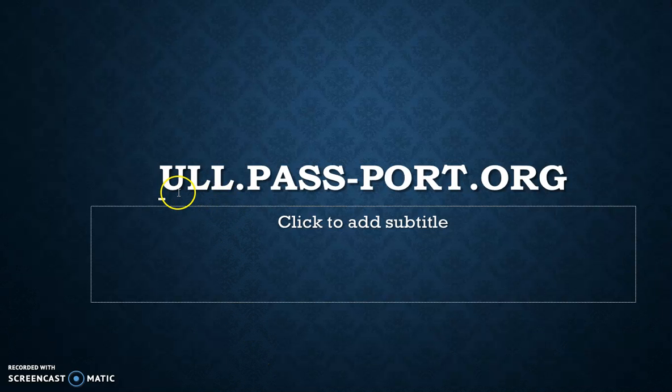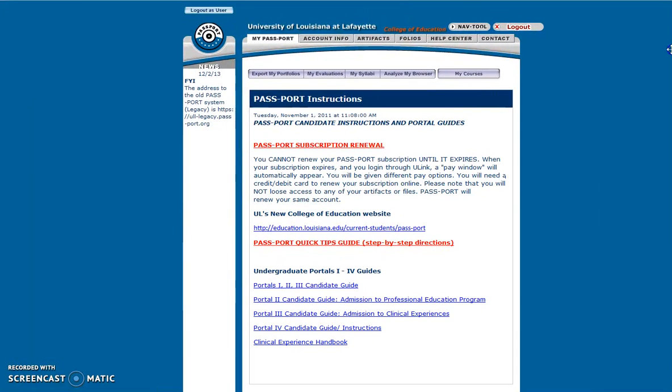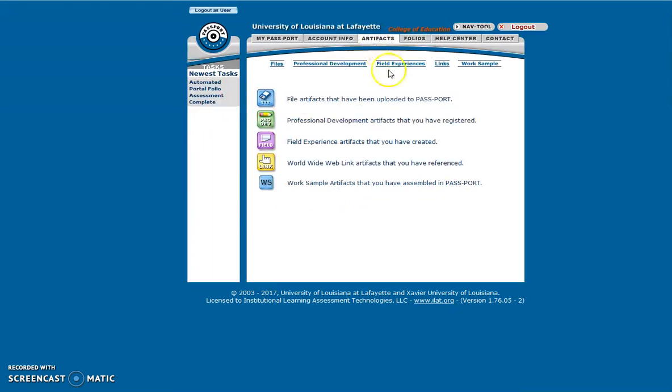First, you need to go to this URL, ull.pass-port.org. Once there, you need to log in. Once you've logged in, you will be brought to the home screen. For your class, you will need to create 3 different field experiences. So first you will need to click on the Artifacts tab, click on Field Experience,